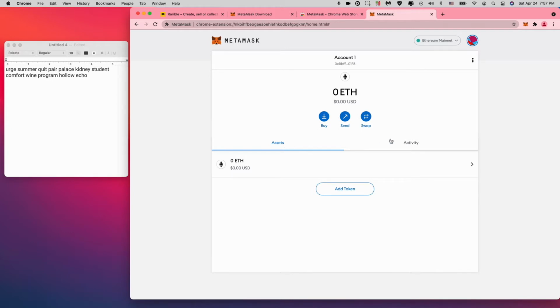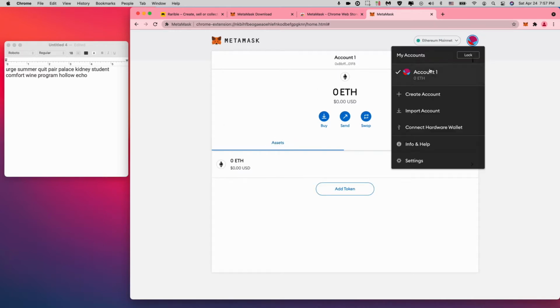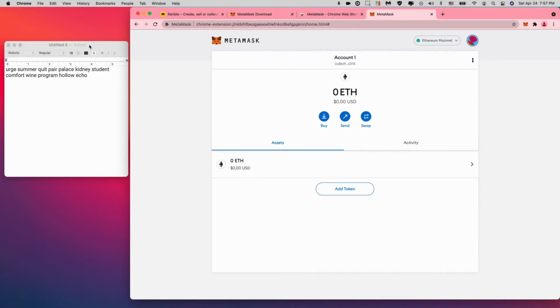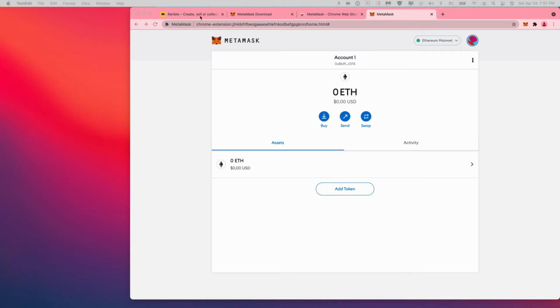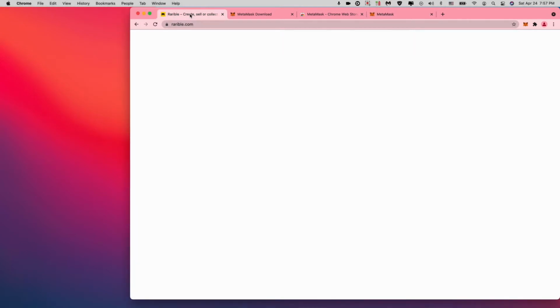And then these are your assets. And then when you do transactions, it's going to have a list of those over here. Okay, and then over here, this is where you can create other wallets, import wallets, or whatever. We have another video on that, but I just wanted to give you that quick anatomy. We no longer need this. This is no longer useful to us. And we're going to go back to